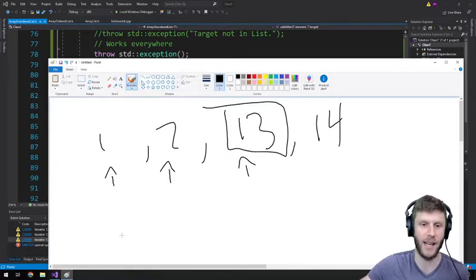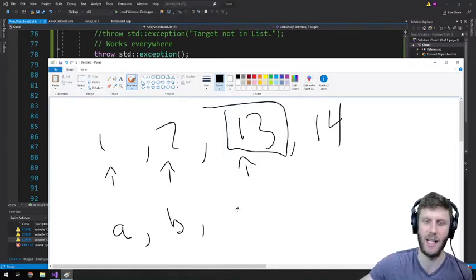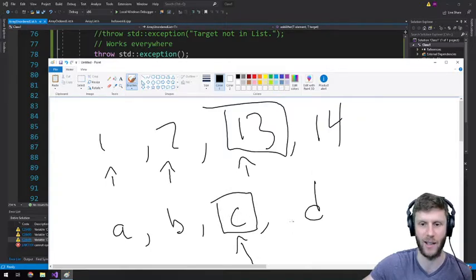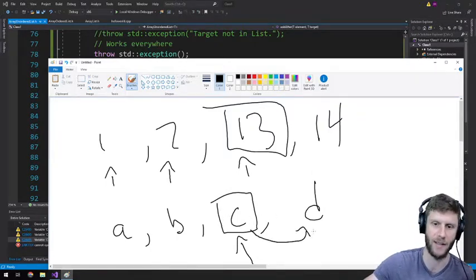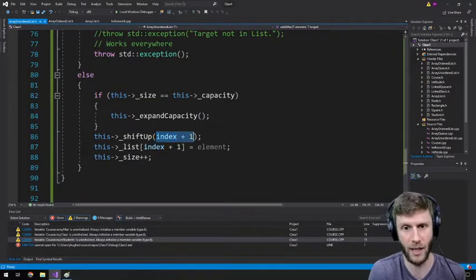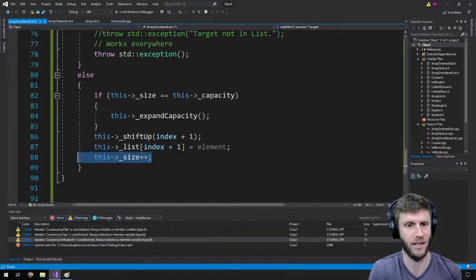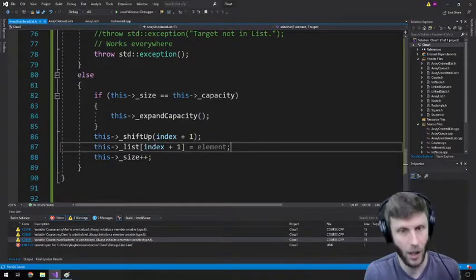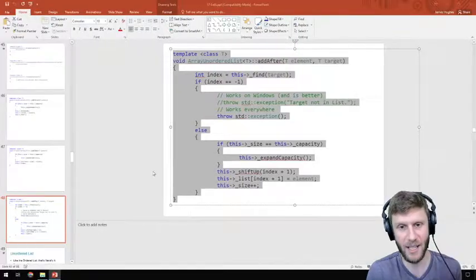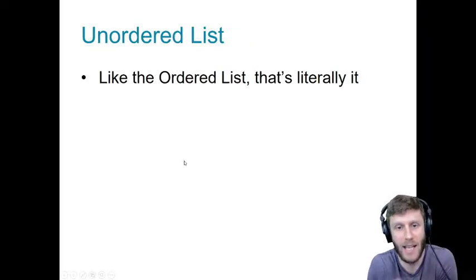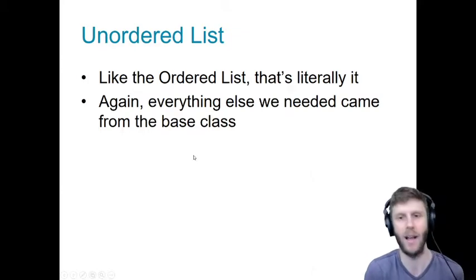But in our case, with the unordered list, we're saying add after. So if we have like A, B, C, D, and I determine I want to add after this, I want to leave this index alone and then start shifting everyone down from index +1. So that's why that's there, if you were a little thrown off. Otherwise, shift everyone down 1, insert the thing at index +1, increase size. That's it. So that's pretty easy. Unlike the ordered list, that's it. All we had to do was add the